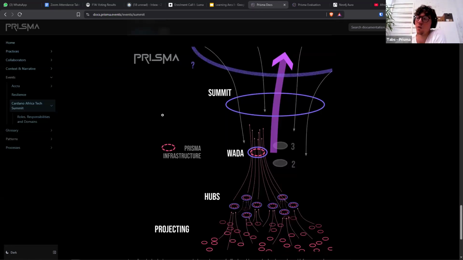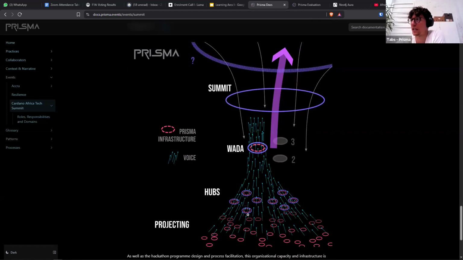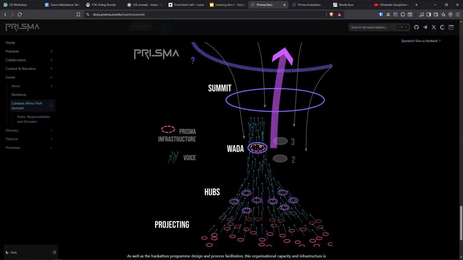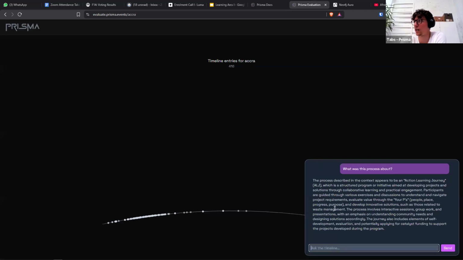So how does that look when we translate that onto this structure? It could look a bit like that. And Zanes was mentioning projecting us onto the global stage of the summit. And I think that's such a powerful idea. That's why I named it Projecting, not Projects, because it's an ongoing process of bringing yourselves and your work forwards.